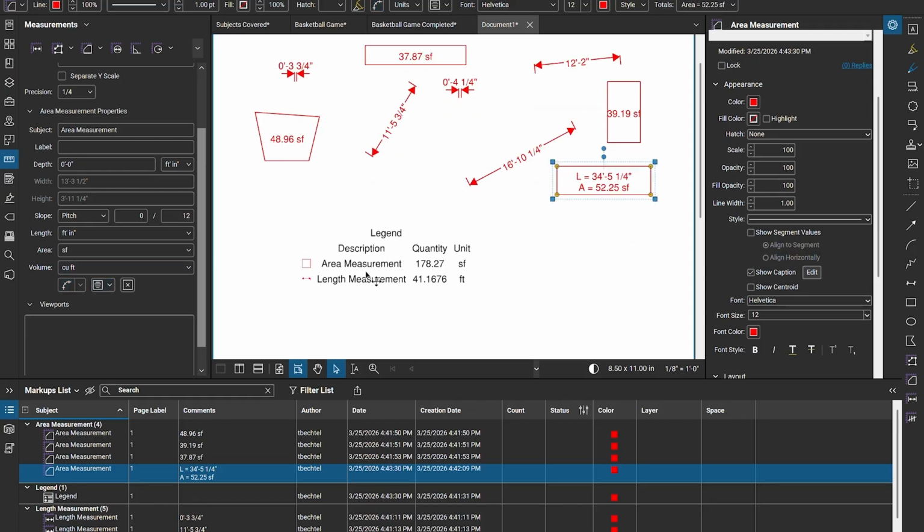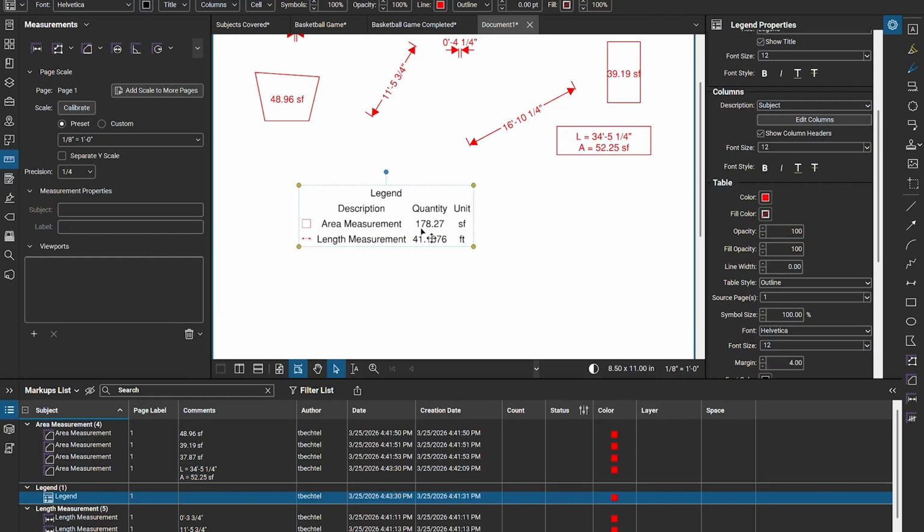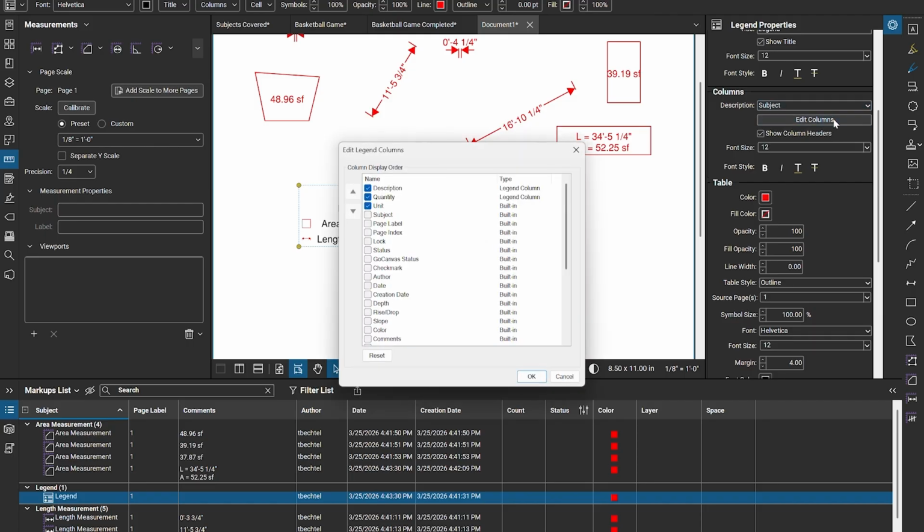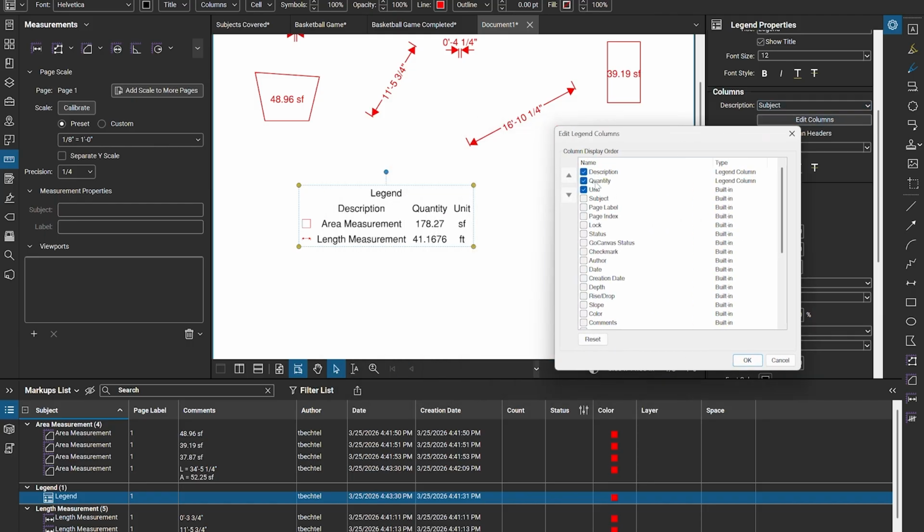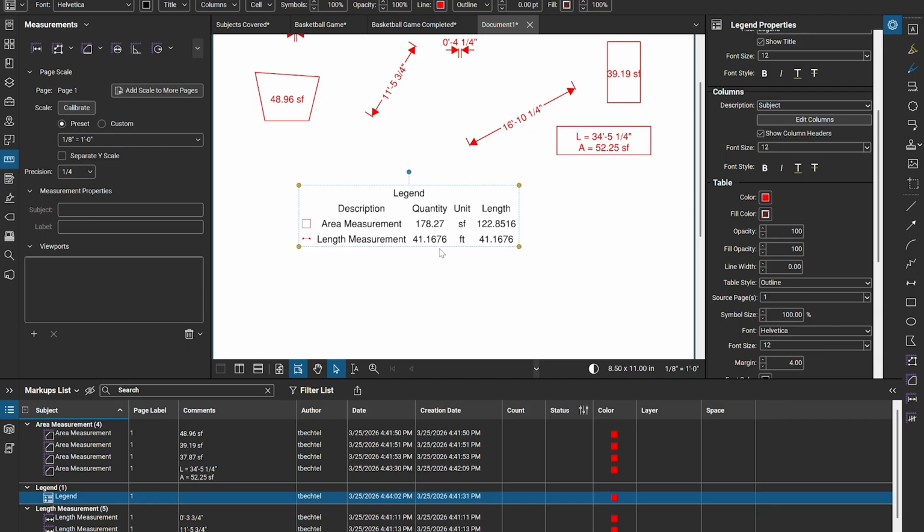You can do a similar sort of thing with a legend. If I select my legend, it's going to, as the default with the columns, show me the quantity and unit of whatever the measurement type natively does. But by selecting the specific columns down below for specific measurement types, I can have it display that information as well. So if I say I want length as a column in here, now,